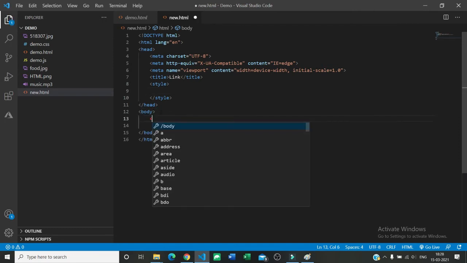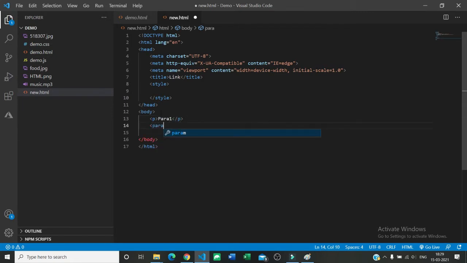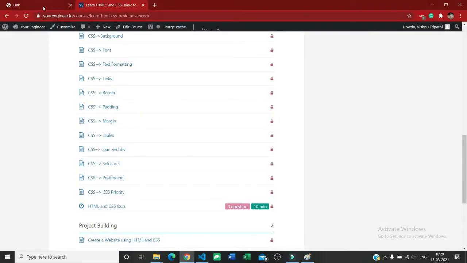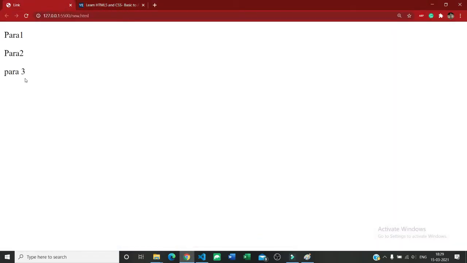I am going to write here a paragraph: para1, para2, para3. Now save it. Once I save it, you can see para1, para2 and para3 are there.